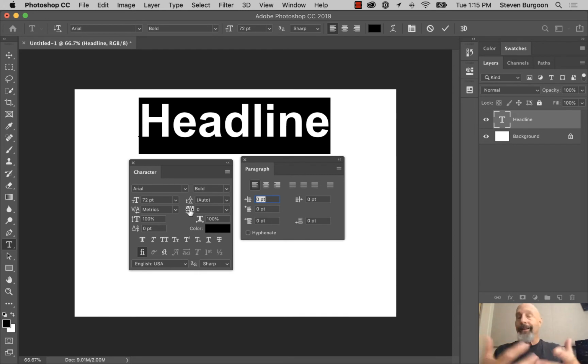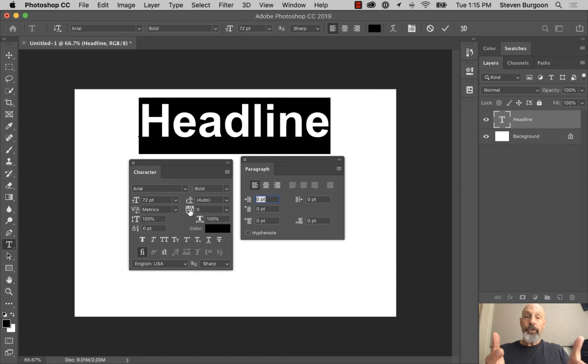The tracking is dealing with the space between all of the characters, in this case, all of the letters in the word headline. Kerning deals with the space between two letters. So say, for example, I wanted to change the space between the capital H and the E, that would be kerning. If I wanted to change the space between all of the letters in the word headline, that would be